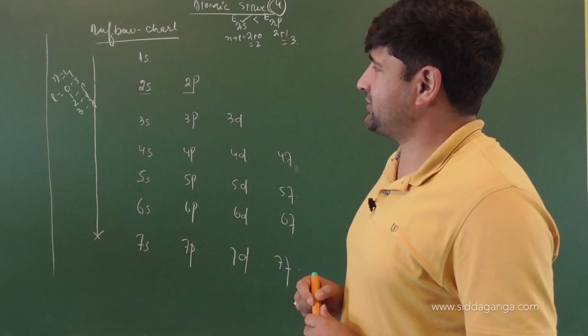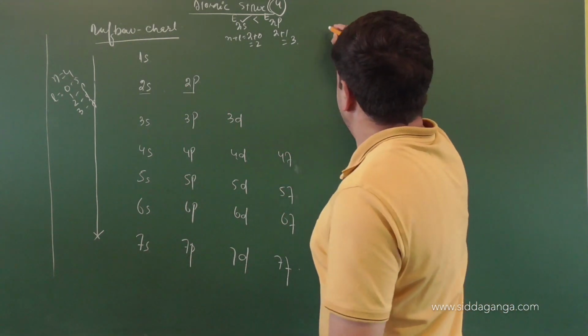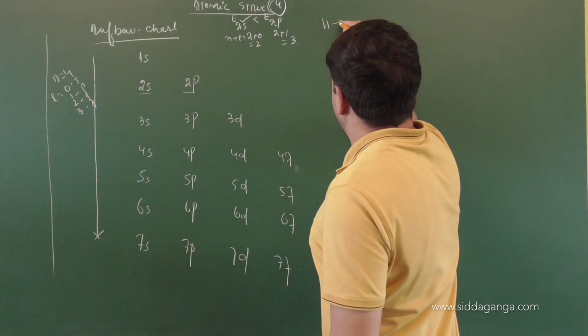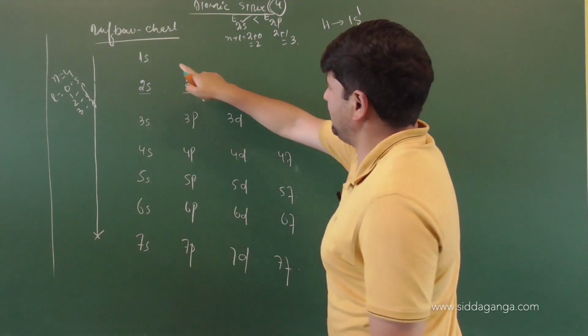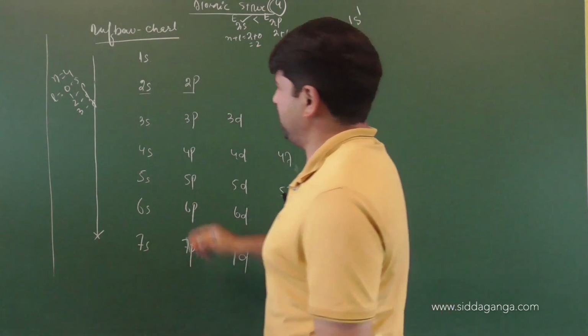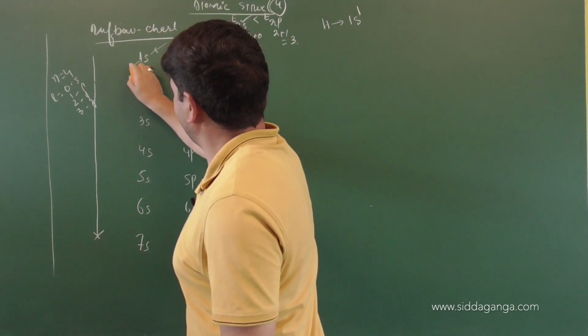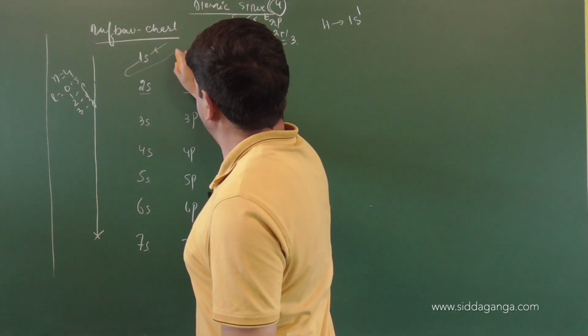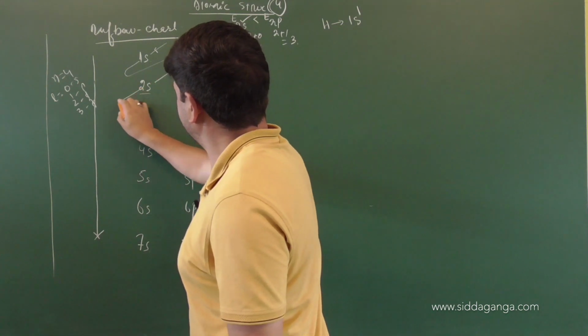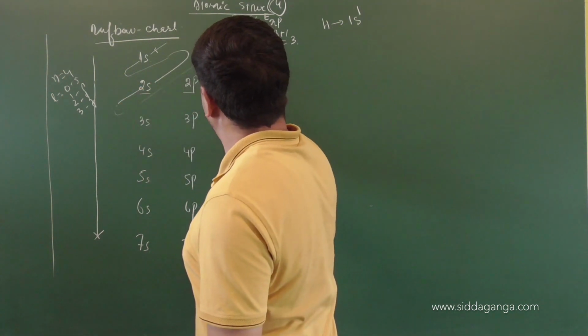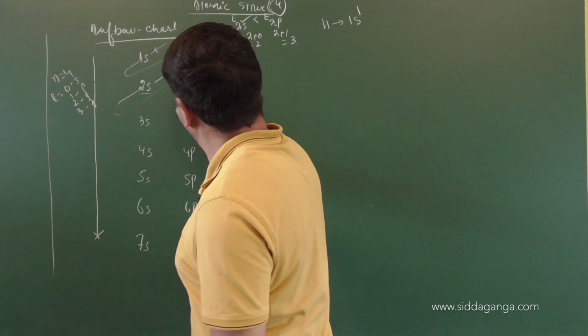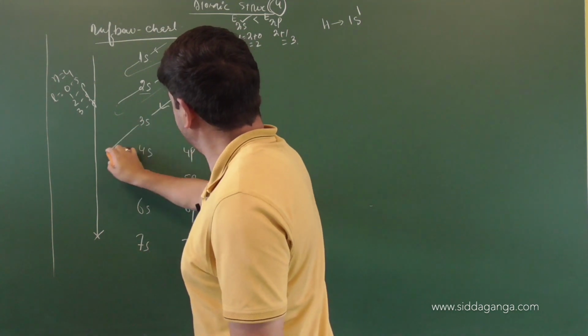Now when you are filling electrons in these shells, first of all, using the above method, where will the electron go first? Say, if you have an atom like hydrogen, the electronic configuration is 1s1. This is how it comes into play from quantum numbers. So the first electron will go in 1s, clear or not? Then the electron will be going in 2s, clear or not? Then the electron will be going in 2p followed by 3s, clear?